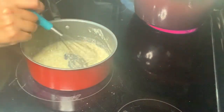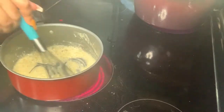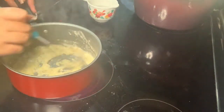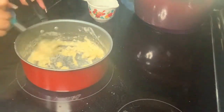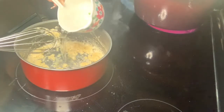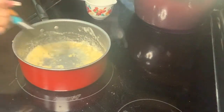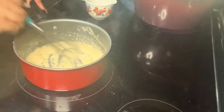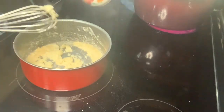You guys see I actually switched spoons again and I went into a whisk. This actually helps incorporate that flour, that oil, and that water in really good. So we're going to mix that up really good until it becomes a nice soft paste. You're just going to add 2 to 3 tablespoons of water at a time until you make as much gravy as you want. And if you were doing this how I originally did it,